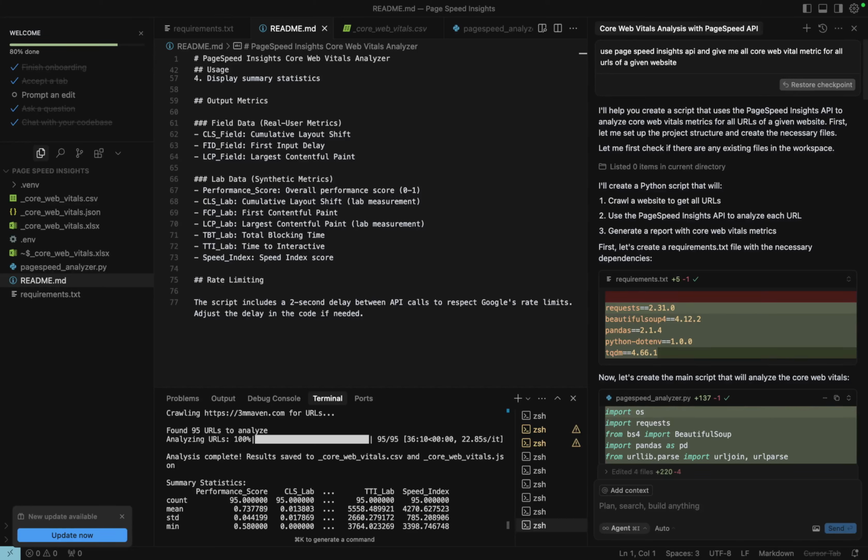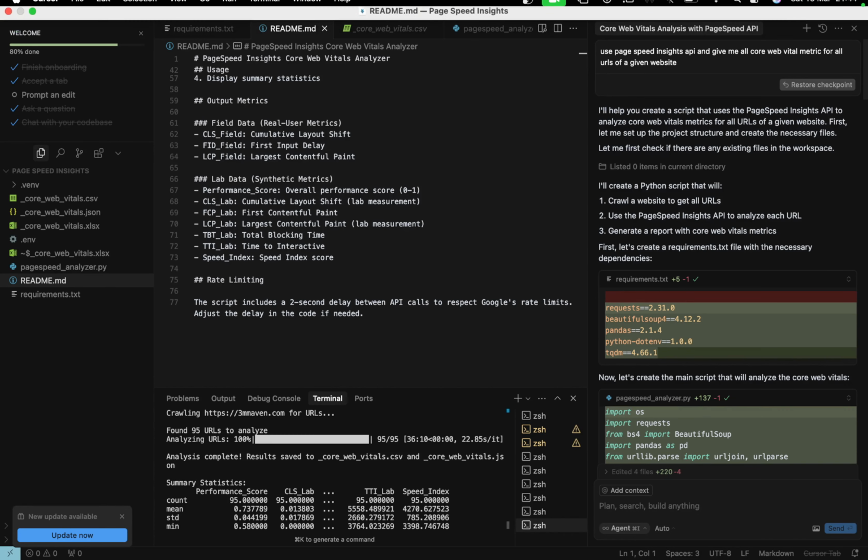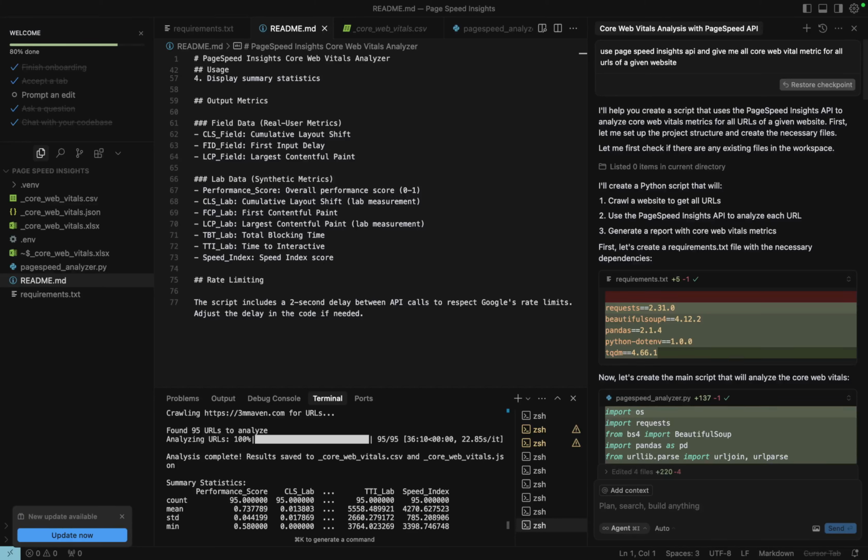website domain. So all you need to give is a simple prompt, like: use the PageSpeed Insights API and give me all the Core Web Vital metrics for all the URLs of a given website. Here you have to generate your own PageSpeed Insights API key, and this is how Claude will start creating